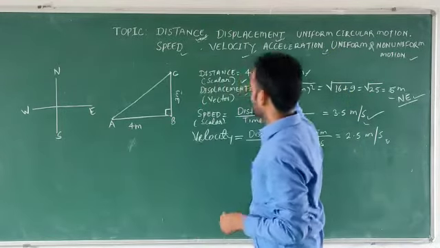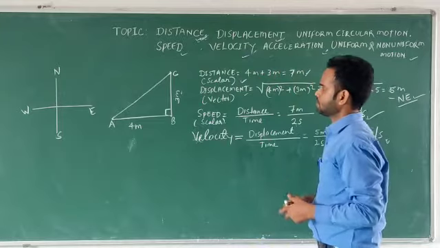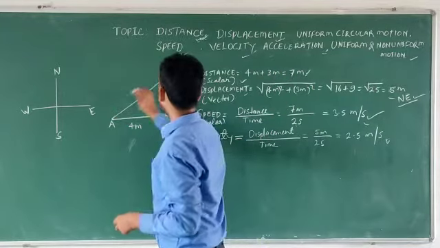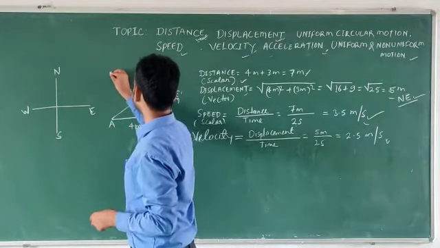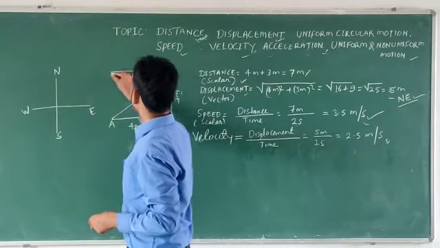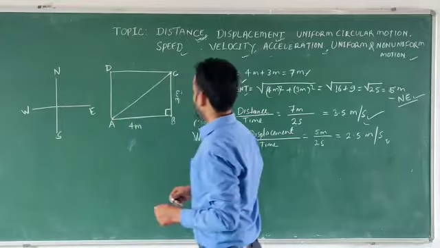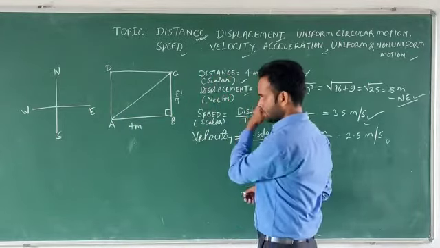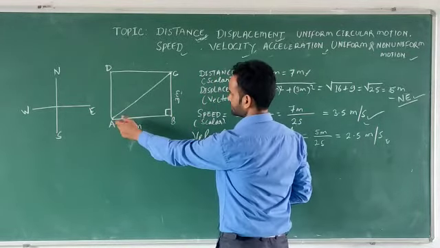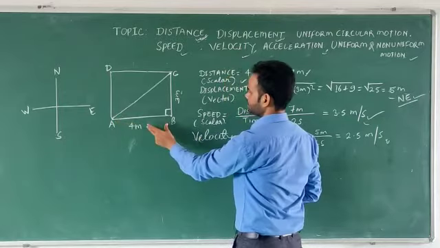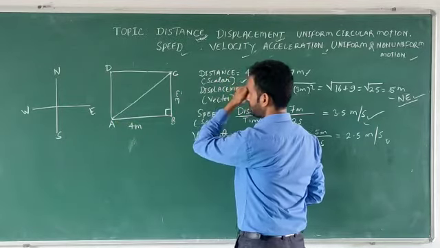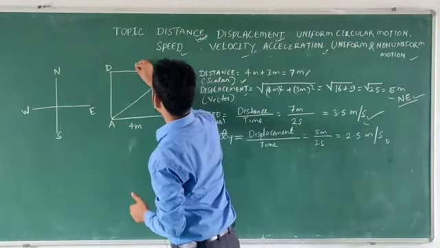Before acceleration, we would talk about the average velocity. Let us assume the object is traveling from C to D and then D to A in this case, and let's assume it covers A to B 4 meter, B to C 3 meter, and then C to D also 4 meter.